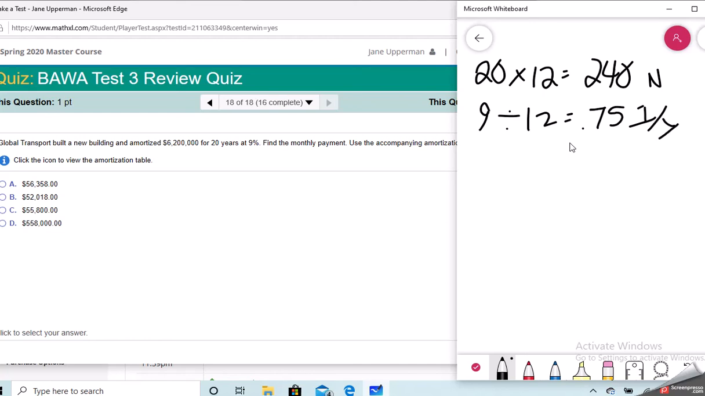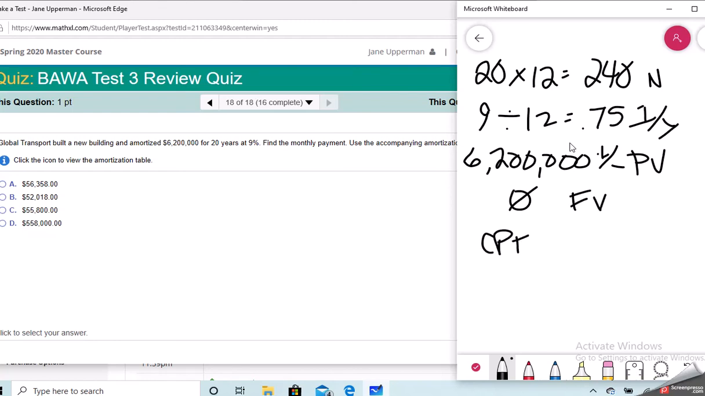The 6,200,000. Hit the plus or minus button to make that negative, is our present value. It's a loan, so we zero out that future value, and then now compute the payment. Okay, so 240 is our N, 0.75 is the IY, 6,200,000, hit the plus or minus button, is our present value, zero out the future value, and then come back and compute the payment, and we get